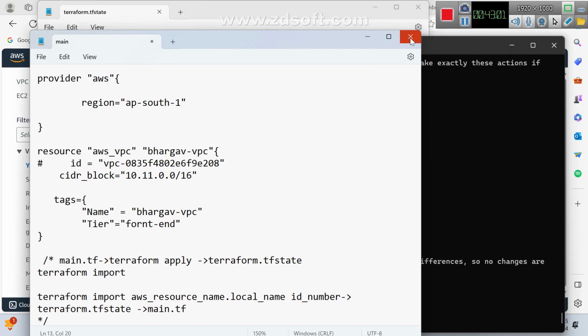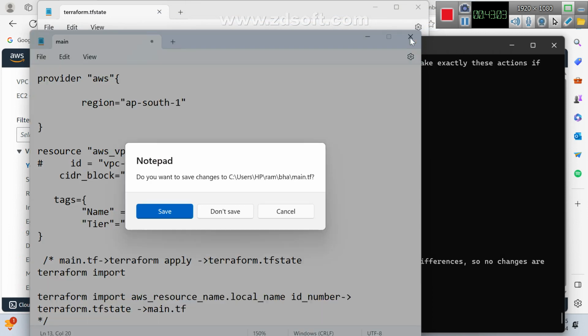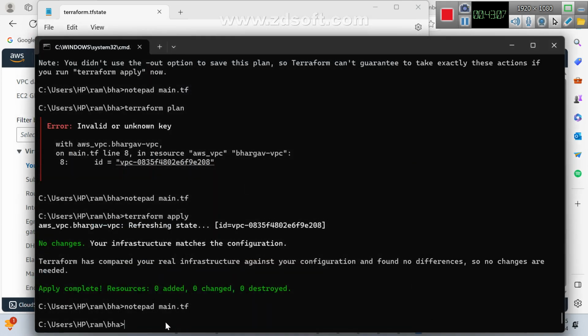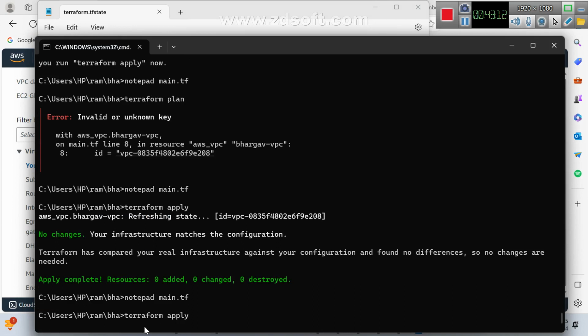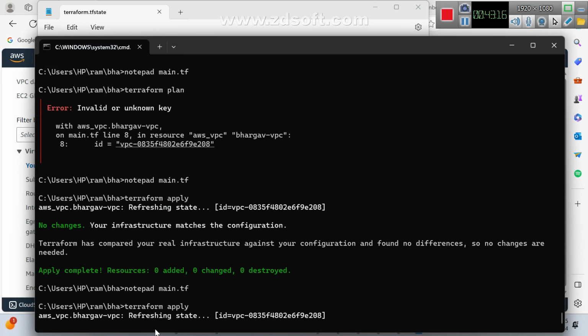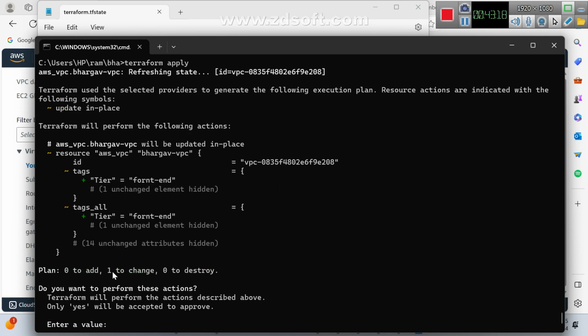What is the specialty? Unmanaged to managed. From managed, we simply go and add that. Terraform apply. Now the link is established. Based on the link, it is stating, hey, I want to change. The non-Terraform resource is converted to a Terraform resource. That's why it is now trying to change.